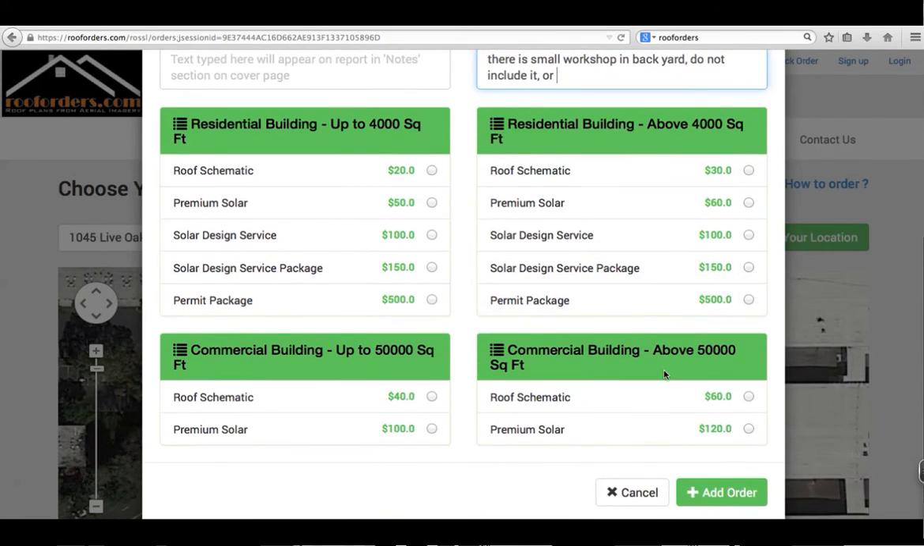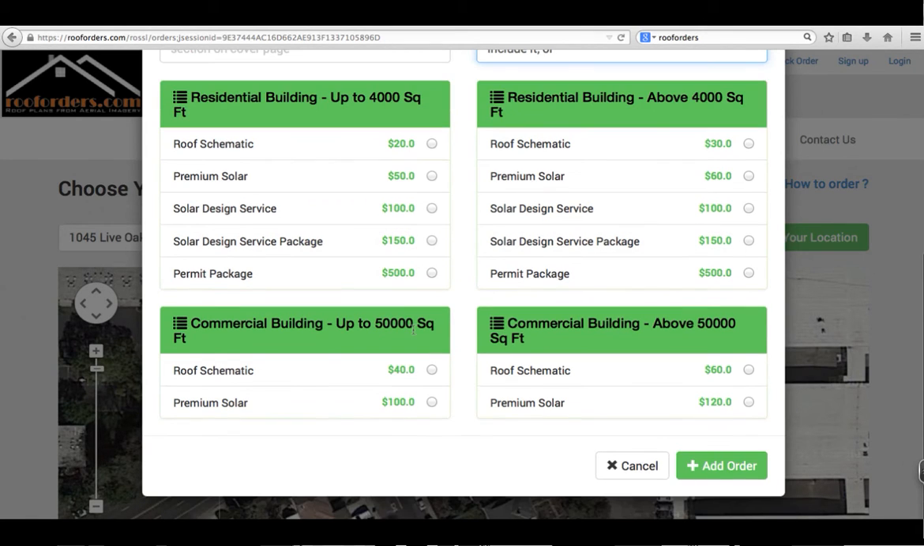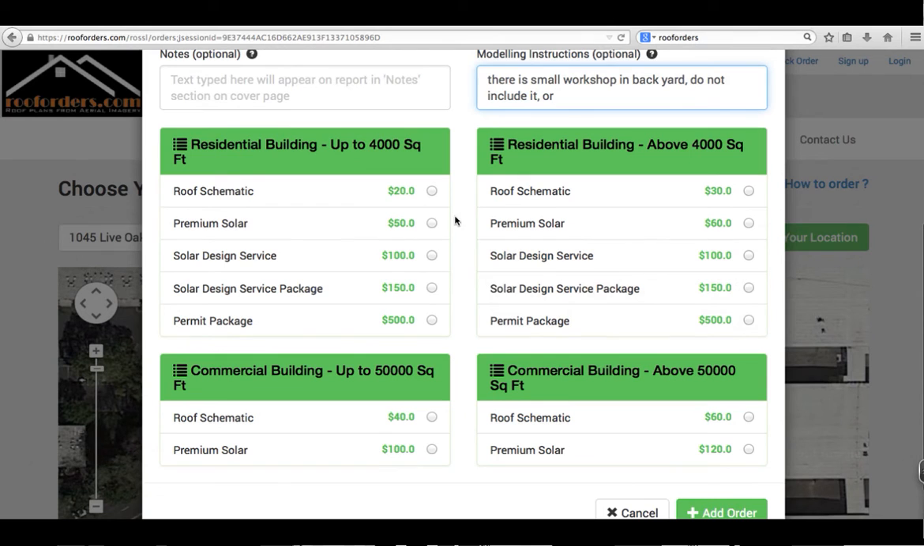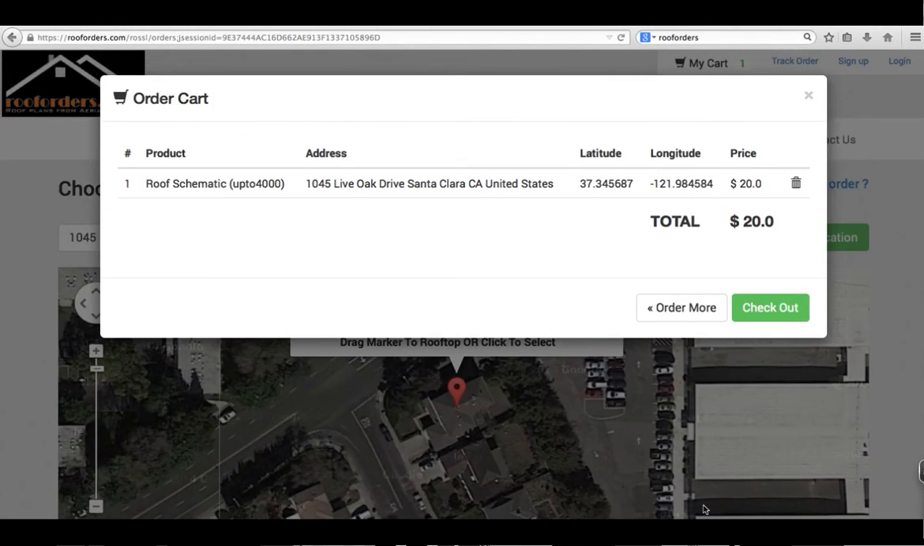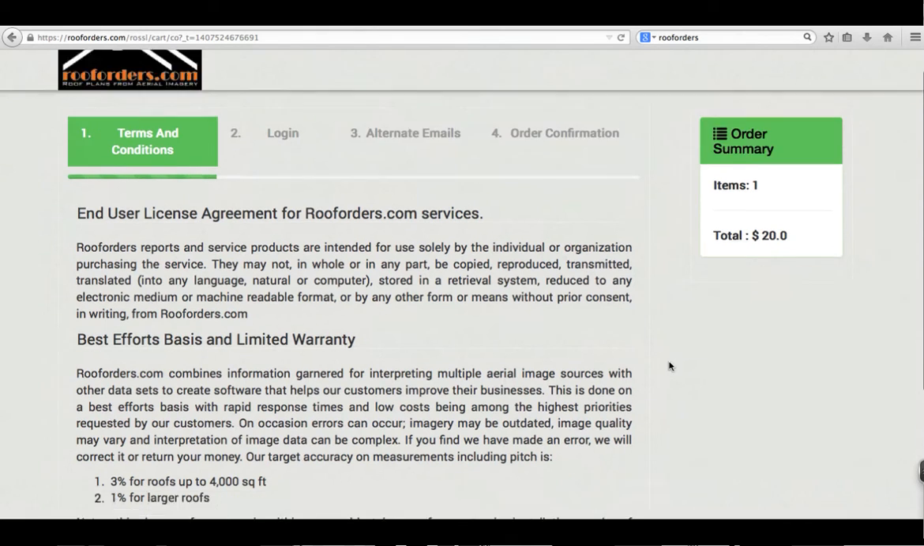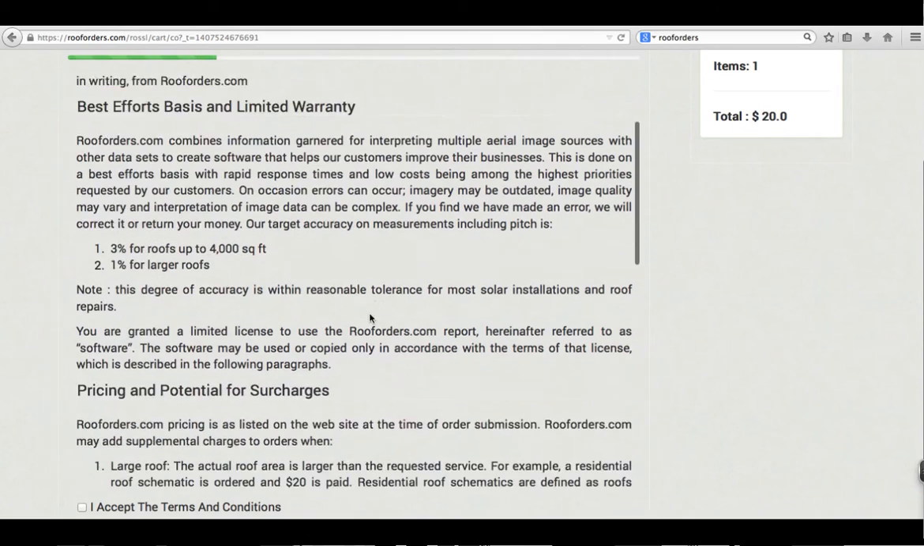And with commercial, we've got roof schematics starting at 40 for under 50,000, and above 50,000 goes to 60. You can come back and visit us if you're interested in all the solar stuff. But right now we're just going to go ahead, click our roof, and add our order. And it'll take us right back here, and it'll take you to checkout or order more. It's up to you. I'll just say go to checkout,